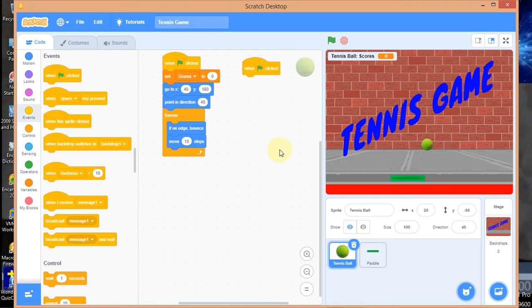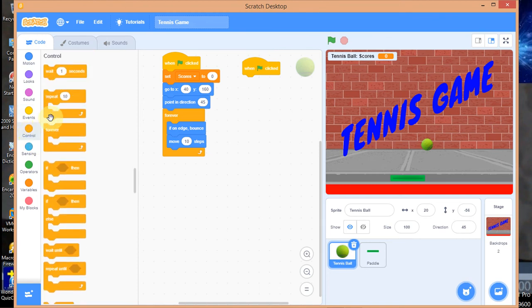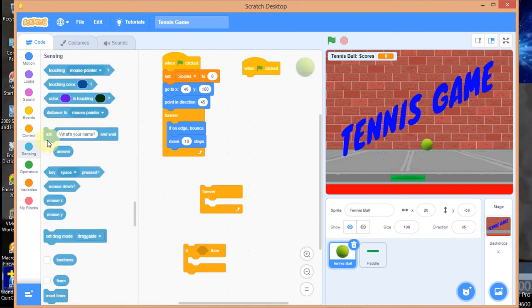That's the idea, and I want that to continue indefinitely. That should be forever. So then I should be able to control it. Go to control and forever, come here. Okay, so forever, what? If touching paddle. It's a conditional statement, you can see this one here. If then, what should happen? So come here. If then, so if touching, touching is sensing, so that should be another sensing block. If touching, okay, touching what? Touching mouse pointer. So let me click this. Paddle is there. Okay, so if touching paddle, then what?